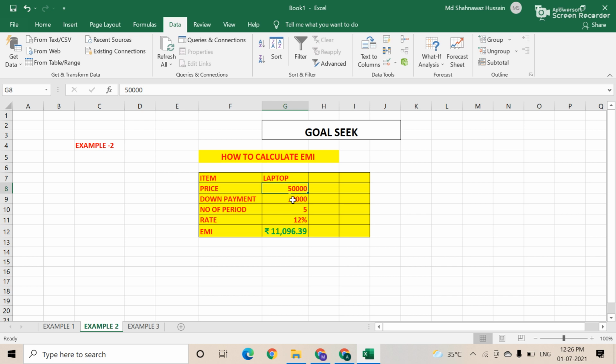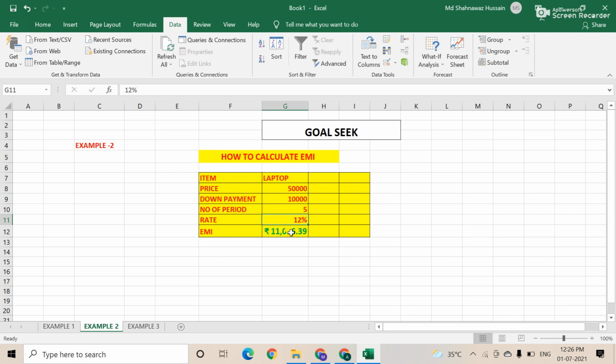Suppose a customer's down payment is 10,000 as per your limit, and the number of periods, meaning how many months are required to pay the 50,000, is suppose 5 months. And suppose the rate is 12%.